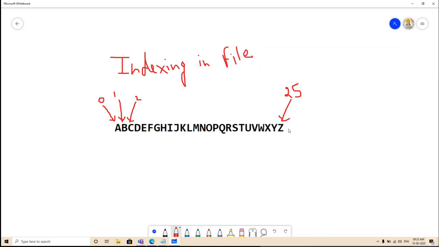At last, do remember, you are not seeing anything here. At the end of every file, one special symbol will be stored, which is called EOF. What is that special symbol? Let me write it.